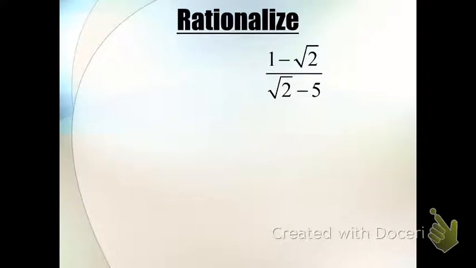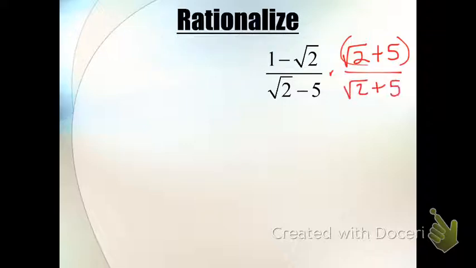We'll look at one more here. We've got to use a conjugate again. So it'll be root 2 plus 5 over root 2 plus 5 as my fancy form of 1. The only difference between this question and the previous one is that I have more distributing to do because the numerator is also a binomial in that original problem. So